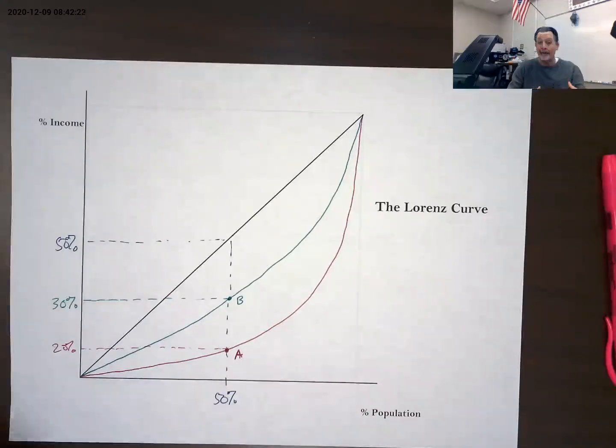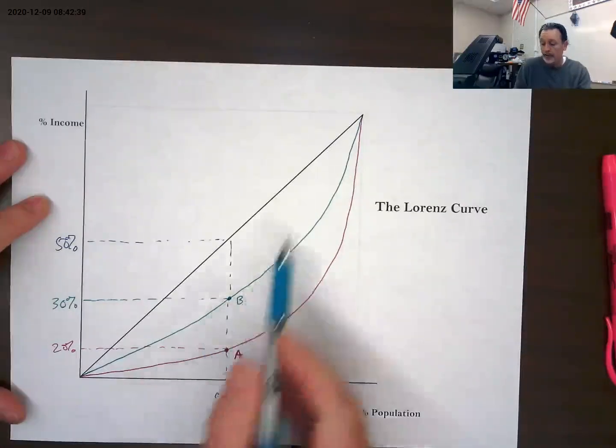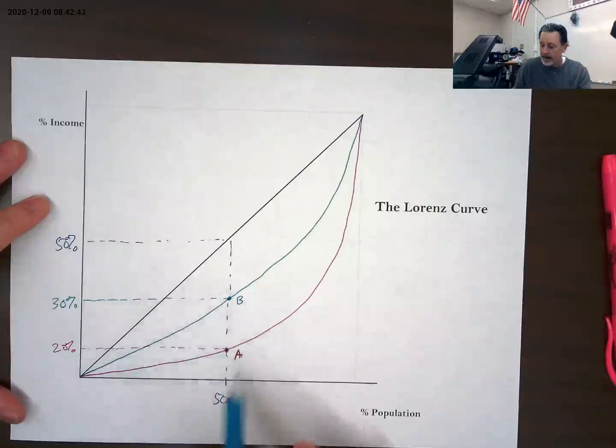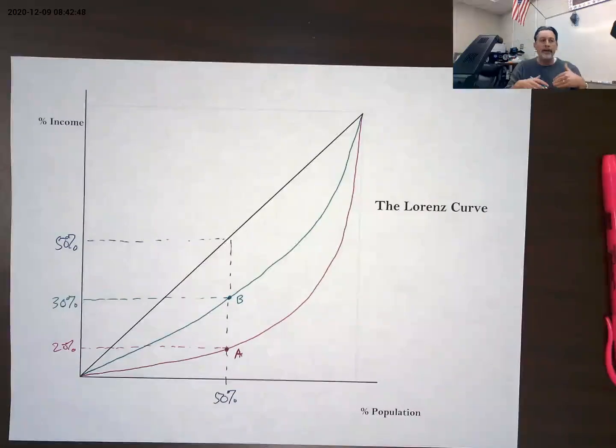But after these policies, after the government institutes an unemployment insurance system, increased health care, whatever it is that's going to create that lessening of inequality, you can show that the Lorenz curve has moved closer to the line of equality, and now 50% of our population is earning 30% of the income,